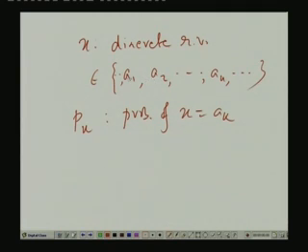You can assume that there are still numbers 11, 12, 13, 14, but x has probability 0. The probability that x can take the value 11 or 12 or 13 or 14 is 0. So, you can say that x is a discrete random variable which takes any integer value from minus infinity to infinity, but for certain integers it has non-zero probability and for certain integers it has 0 probability. That way you can then define the characteristic function as